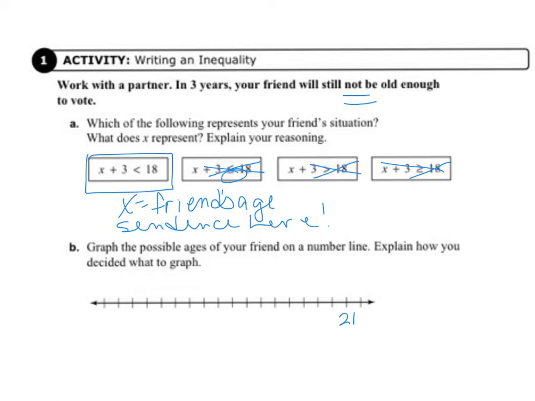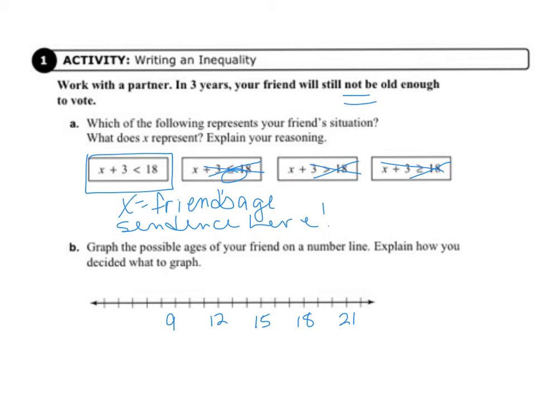And then I'm going to number every 3. So that would be 20, 19, 18, 17, 16, 15, 14, 13, 12, 11, 10, 9. So we know that the voting age in the United States is 18, but this says that our friend